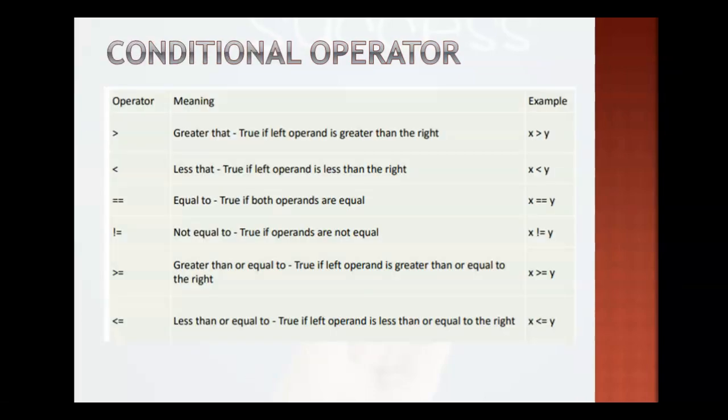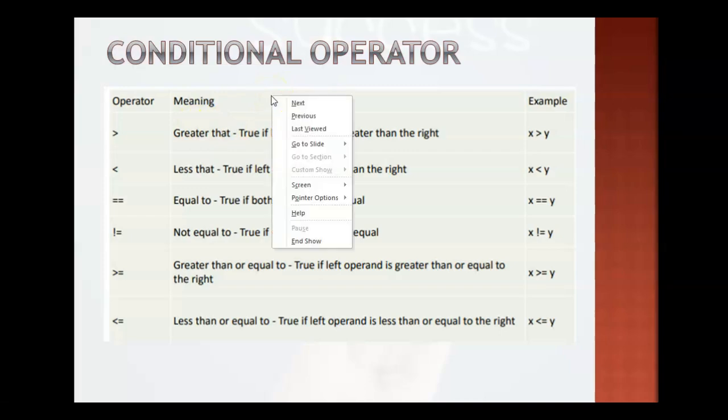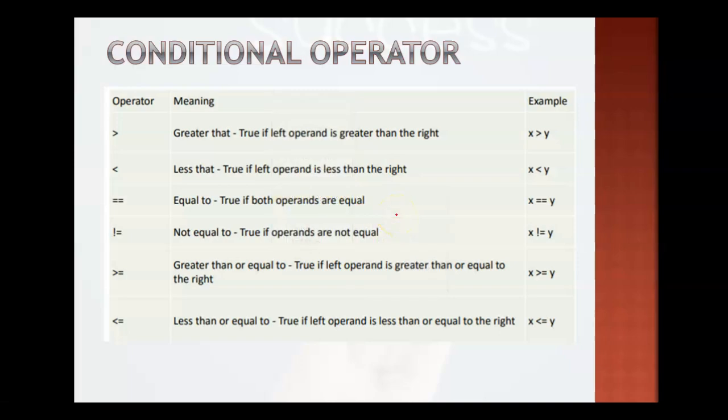Now next we are moving to the second type of operator, which is the conditional operator. Conditional operators are also called relational operators, right? Relational operator is one which will show the relationship. Condition is also showing, checking the condition. Under that also we have multiple operators. We have 1, 2, 3, 4, 5 and 6 operators given under conditional operators.